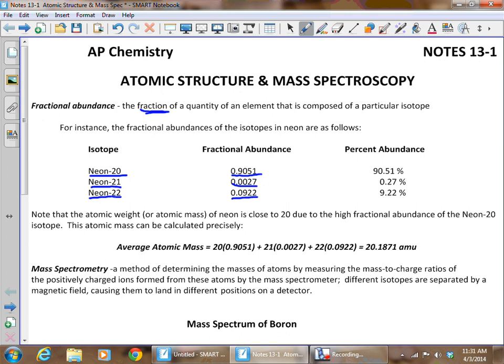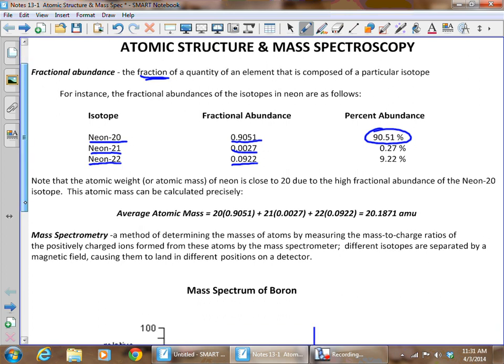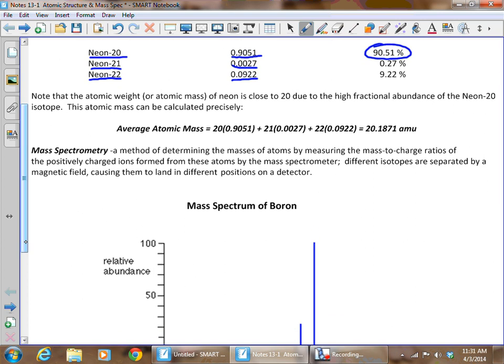And notice something else. The average atomic weight of neon is closer to 20 than it is to either of the other two isotopes because of the high fractional abundance of neon 20. So you can look at a lot of the elements and get a very good idea of what the most common isotope is just by looking at their average atomic mass. Remember, our average atomic mass is simply a weighted average of all of the naturally occurring isotopes